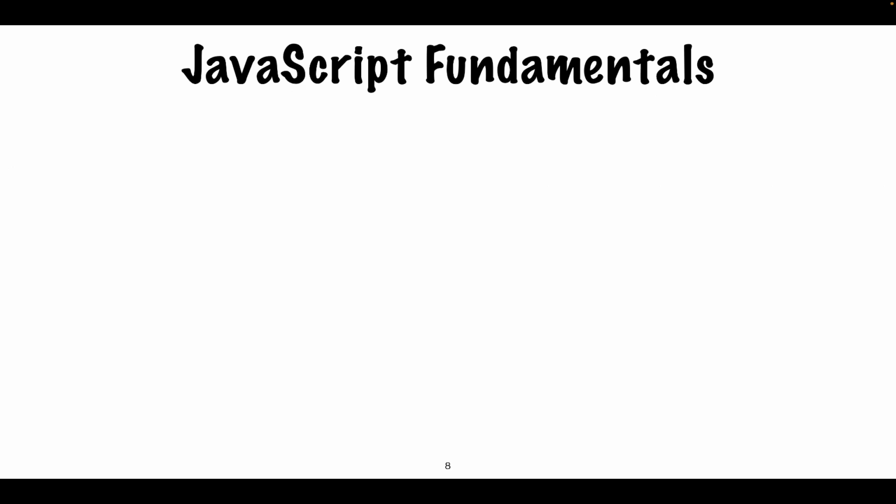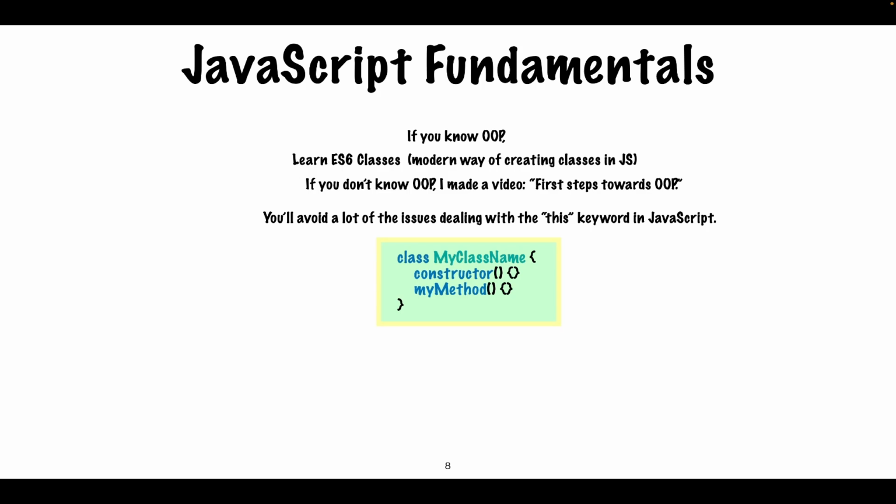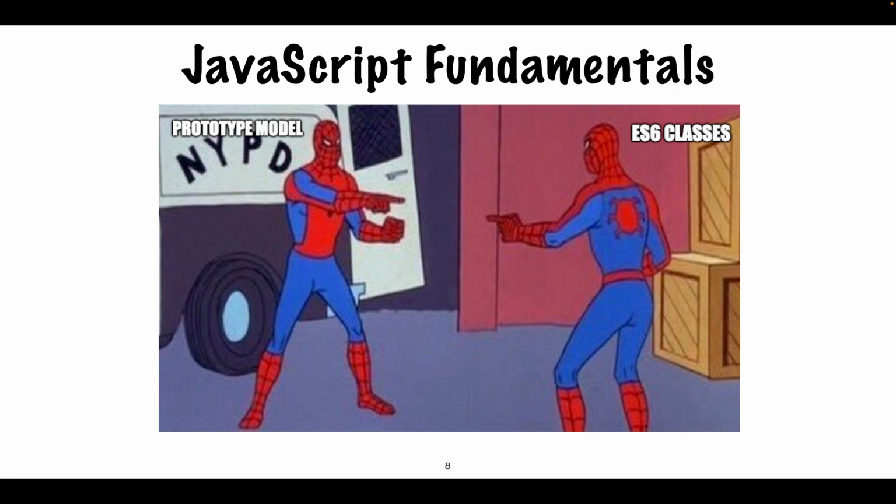Okay, so the next thing you would want to learn about is, if you know object-oriented programming, ES6 classes. This is the modern way of creating classes in JavaScript. For the most part, you want to avoid learning about ES6 when you're first learning JavaScript, and this is one exception. Before moving on, if you don't know object-oriented programming, I made a video on that. The reason you want to learn ES6 classes first is because you will avoid a lot of the issues dealing with the this keyword in JavaScript. Here's a short snippet of the syntax for ES6 classes. Eventually you'll want to learn the old way of doing classes in JavaScript, and I'm actually currently working on